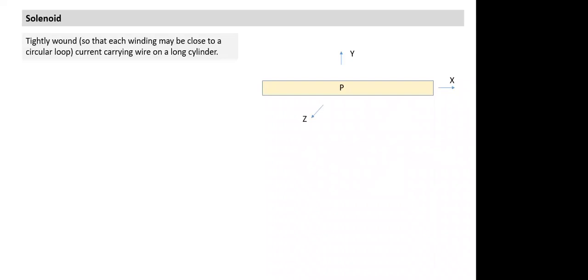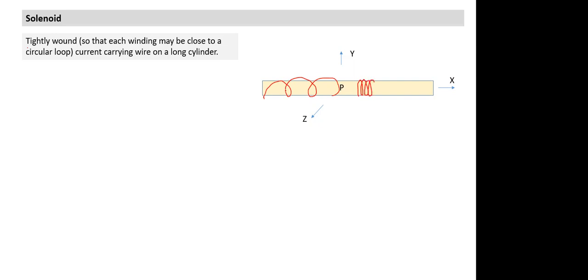Now we come to the solenoid. Let's again understand the solenoid in more detail, a little slowly. No need to hurry through. Last time perhaps I went too quickly and some of you were not comfortable. What is a solenoid? It is tightly wound windings. What is tightly wound? This is the word we typically use. If it is not tightly wound, it is something like this. I may have windings like this. But a tightly wound solenoid has windings very close to each other.